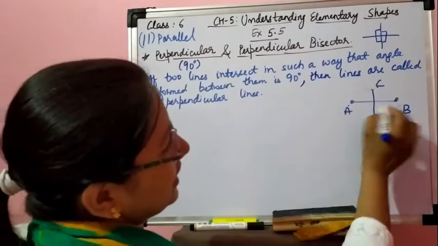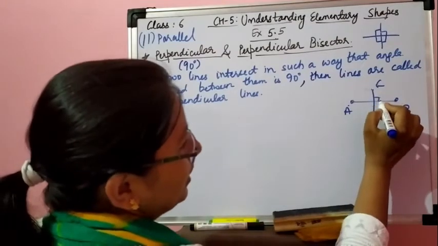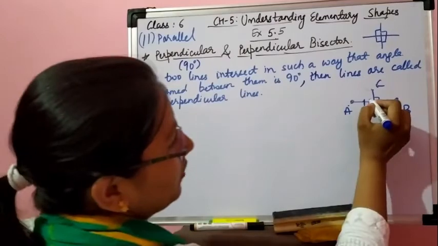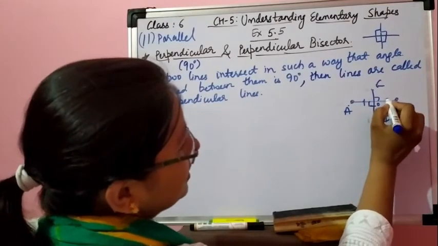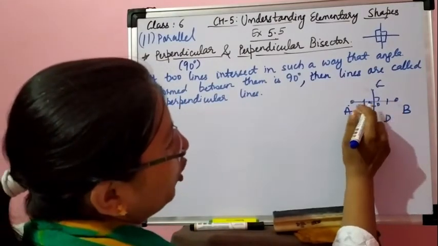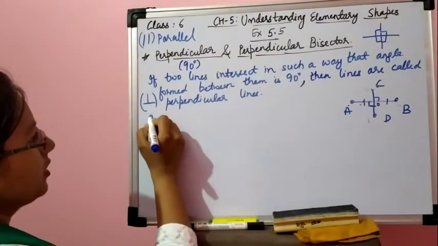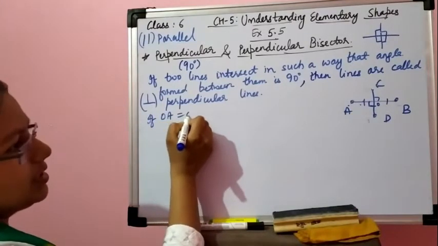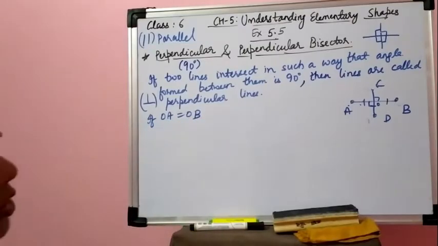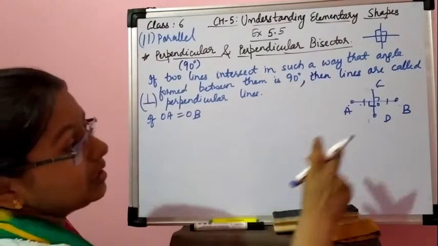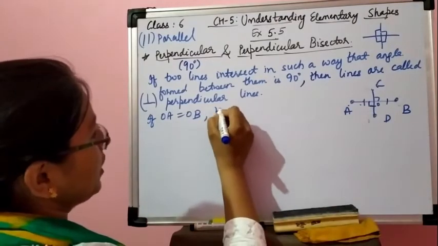Now this CD is intersecting AB at 90 degree, and let this point be O. If OA is equal to OB, and this angle is also 90 degree,